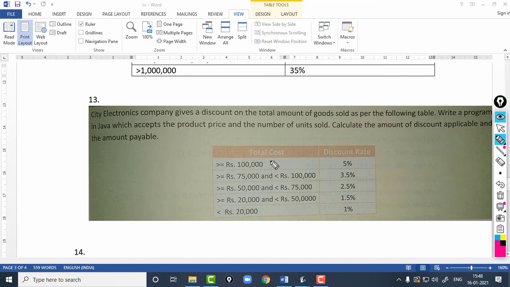If the total cost is greater or equal to rupees 1 lakh, the discount rate will be 5%. If the total cost is between 75,000 and 1 lakhs, the discount rate would be 3.5%. Okay. So, we have to follow this table and write the program in a non-slab based manner.